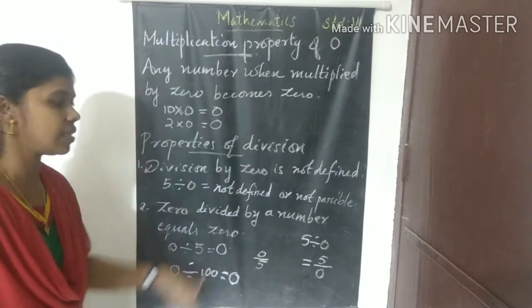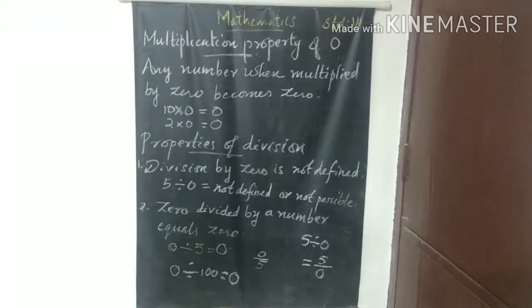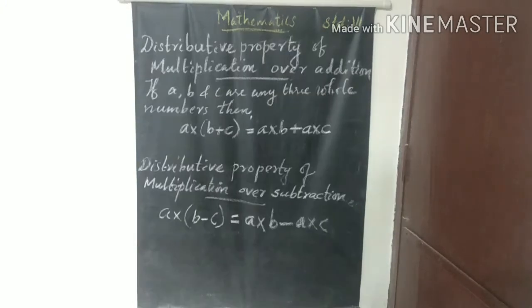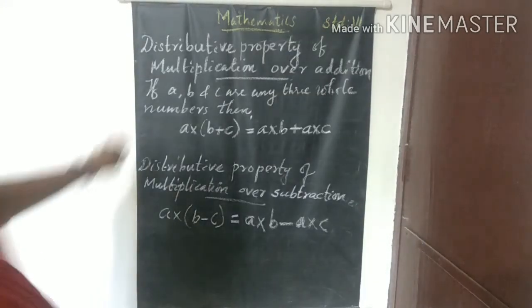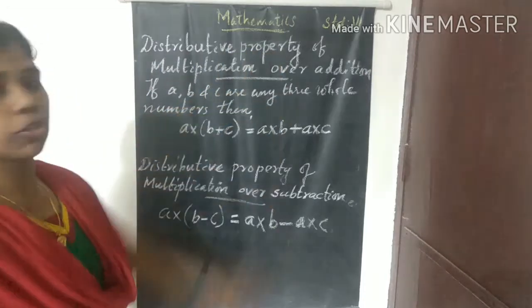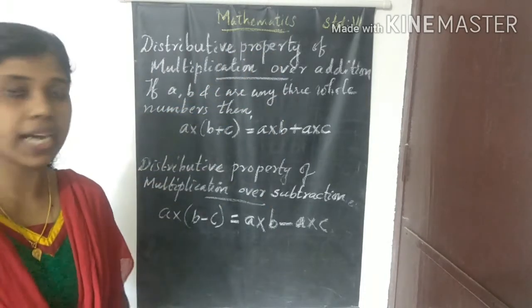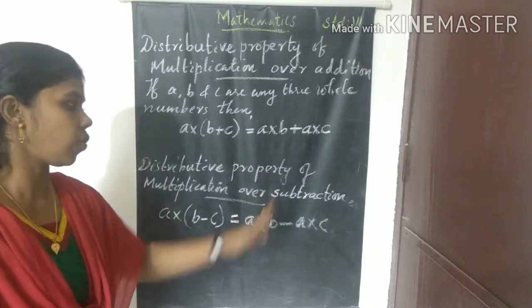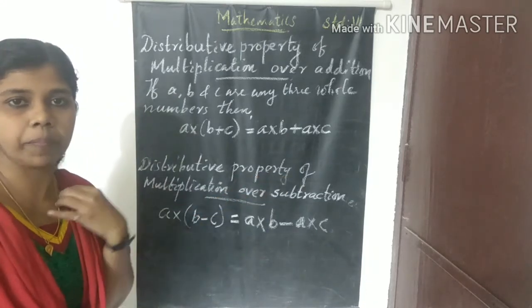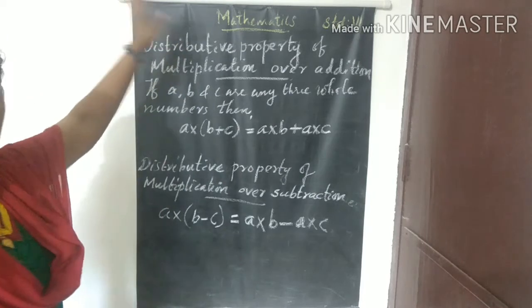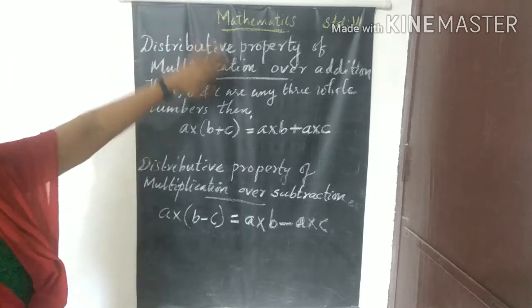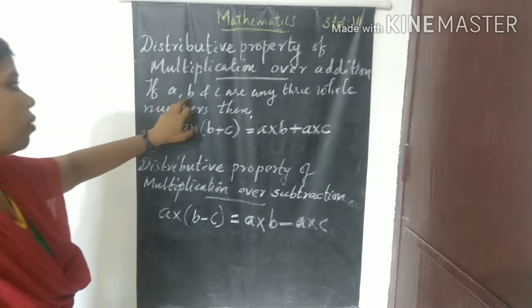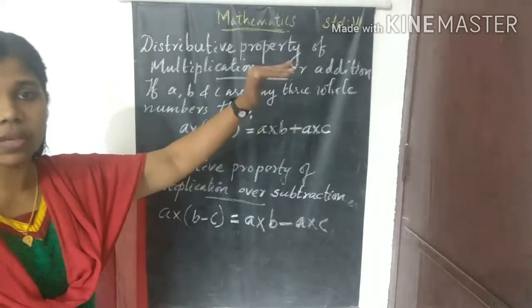Let's first write all these. The next important property is the distributive property of multiplication over addition and the distributive property of multiplication over subtraction. Okay, this is one of the important properties of whole numbers. Okay, if A, B and C are any three whole numbers,